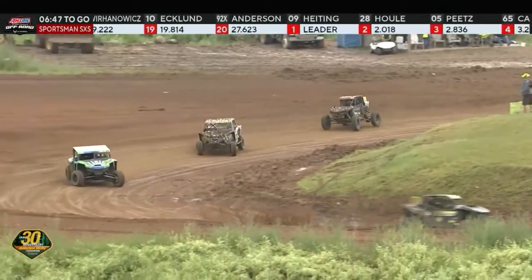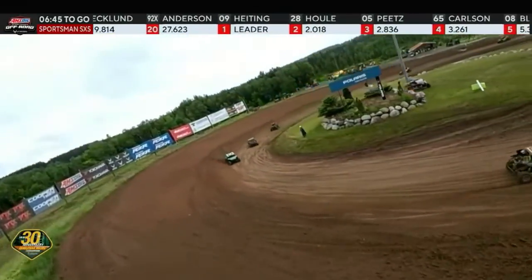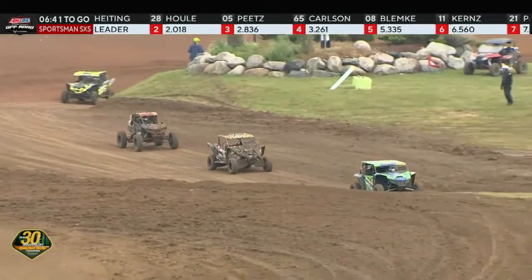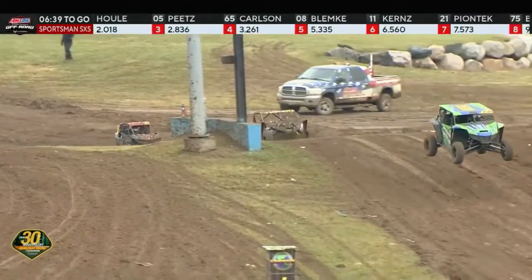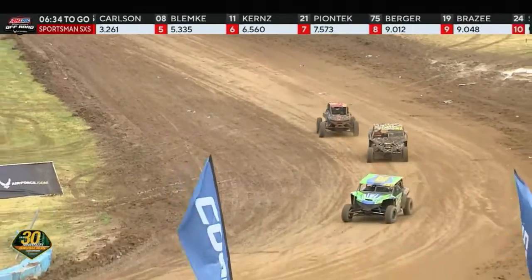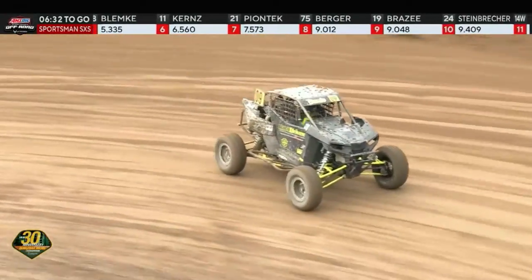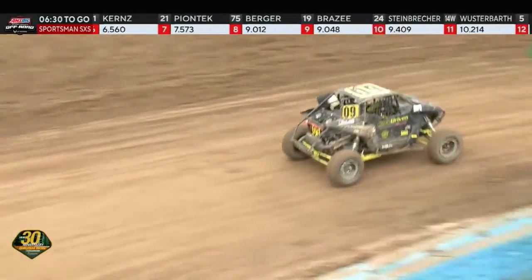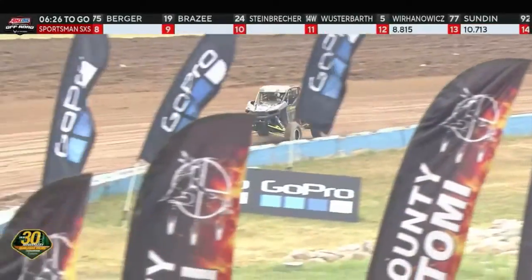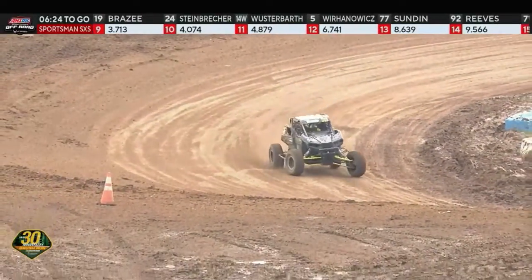As they come through the gravel pit, now they got the 32 of Marcia Jones out of the way there, and I believe she is off to the side, missing a wheel. So tough way to end her day in the second corner of the race. Boy, the track doesn't even look like it's rained out here now. It's in great shape. There's the race-driven ride of Ben Heiting, clicking off another lap early in this Sportsman side-by-side